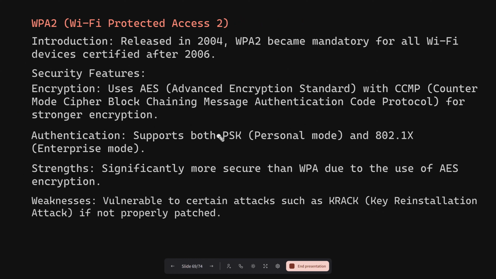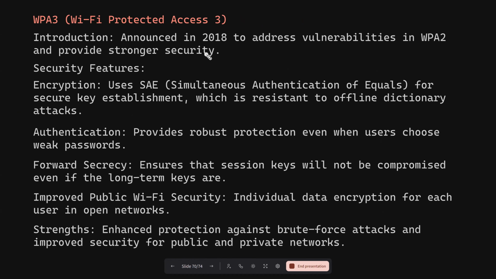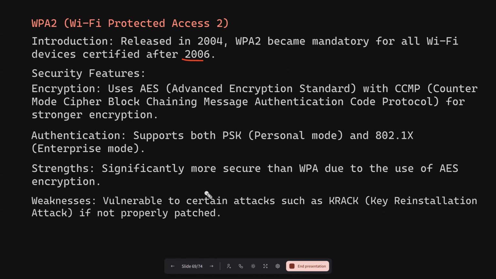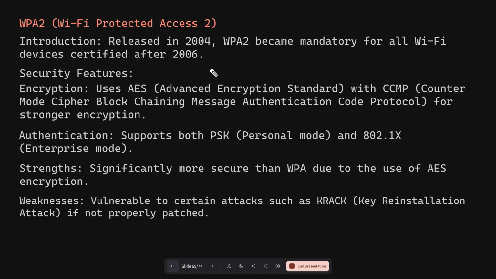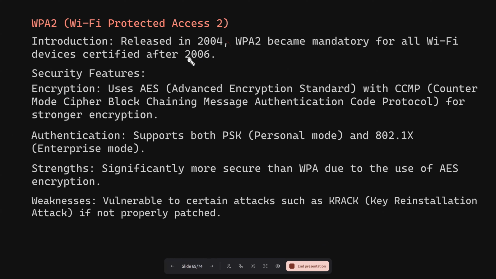So now you will see the newest standard is 3. WPA2 was there, you can see 2004, and certified after 2006, meaning from 2006 till 2018. See, 2006 to 2018. That means 12 years, right? So for the last 12 years it was there. Still people are using this, but it has some weakness. What weakness does it have? That it is